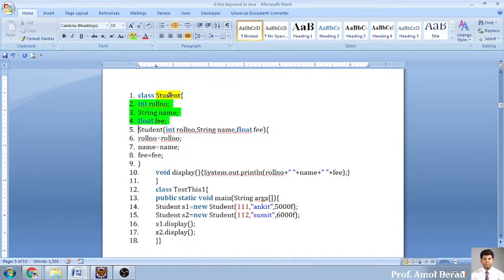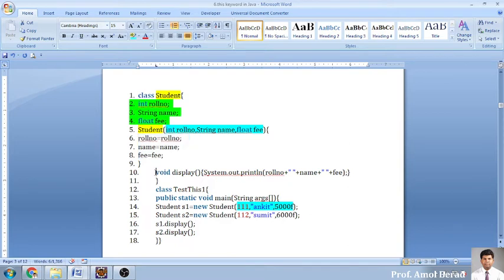Okay, now I have written a constructor of this same class with 3 parameters that will be coming from outside. I will use some different color over here so that it will be visible. So these will be coming from my main function. They will be passed from the main function, come over here, and be assigned to my current class variables.